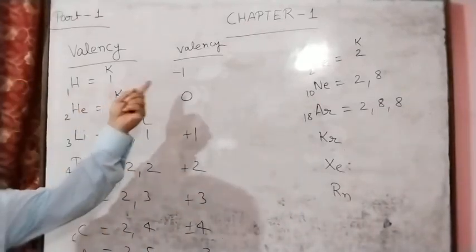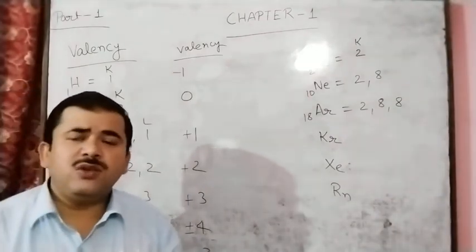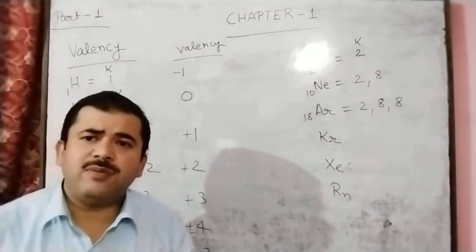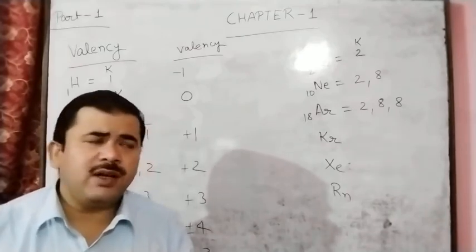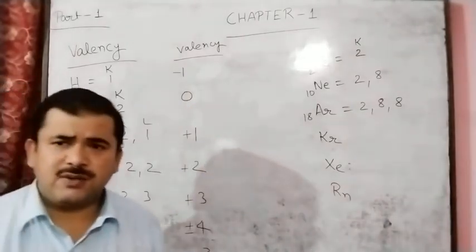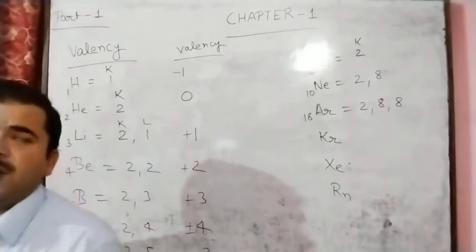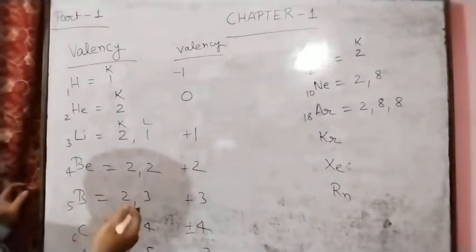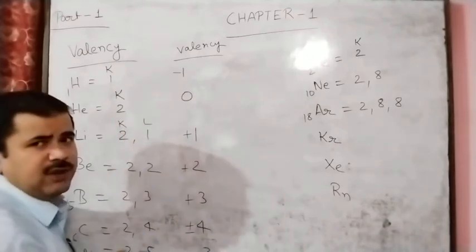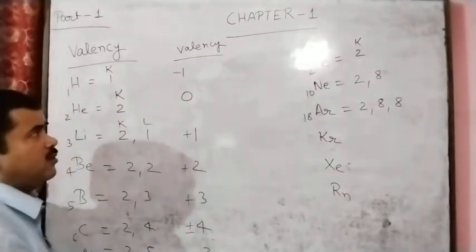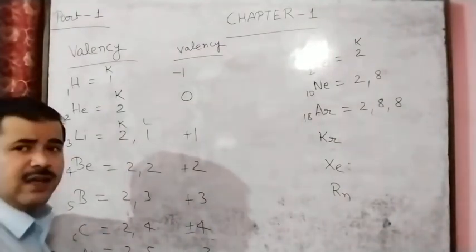And hydrogen here valency minus 1. According to the rule, hydrogen valency you will say 1. This is the valency of hydrogen. And according to the nature, hydrogen has the gaining property, so we can represent like this, minus 1. And hydrogen valency is also given here as plus 1. According to the rule this is correct here, hydrogen valency minus 1. But in the books hydrogen valency plus 1 is also given. So what is the reason?